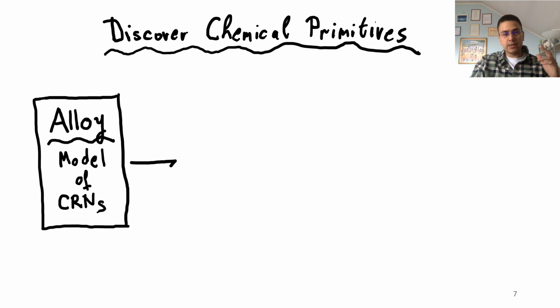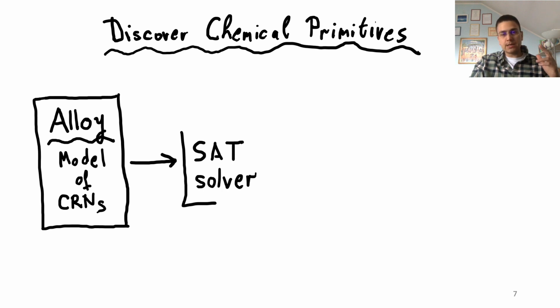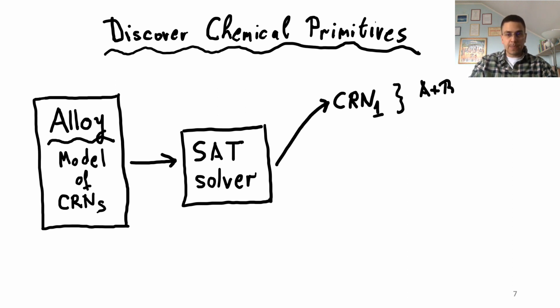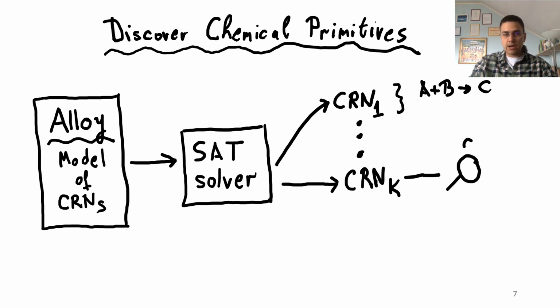So what Alloy then allows is translating this to a Boolean formula, and then providing it to a SAT solver. And the SAT solver can return all instances, that is all CRNs, all chemical reaction networks that satisfy our model specification. In that way, this allows us to enumerate all CRNs. For example, CRN1 is this reaction A plus B goes to C, and then the SAT solver enumerates all other instances, and we can arrive at